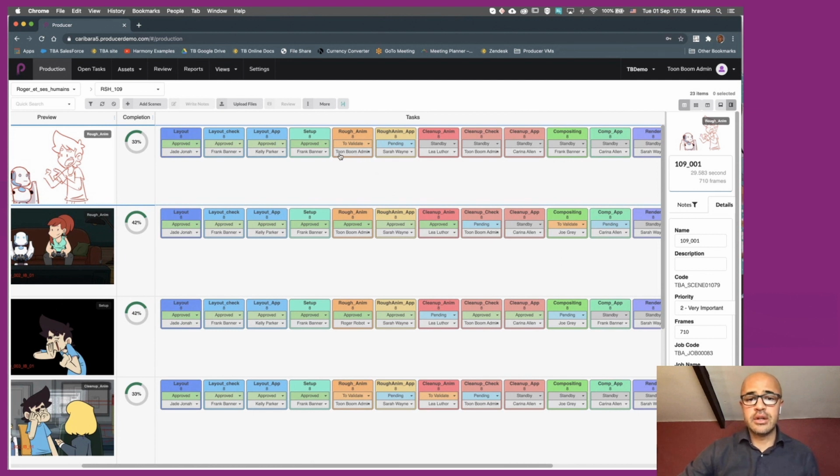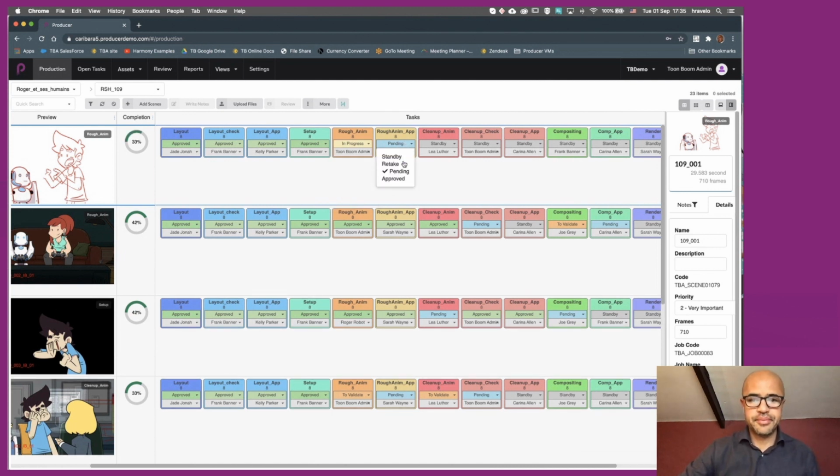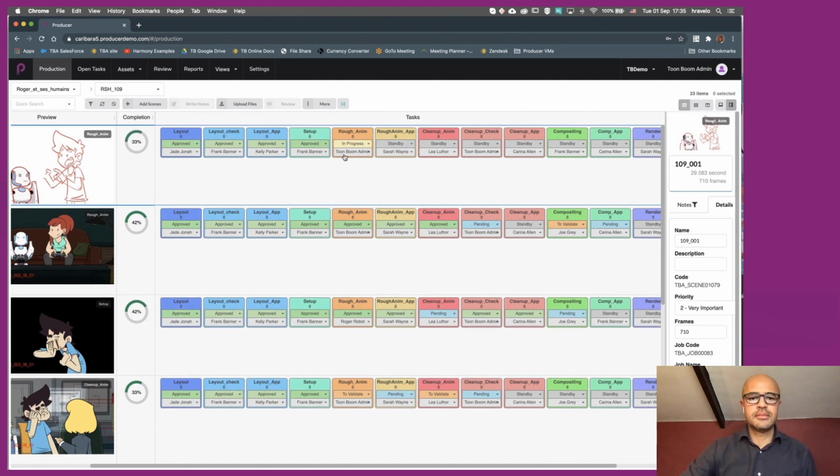And I'm currently logged in as Toon Boom admin. So I'm going to put this one under in progress. And when I'm finished with this current scene, I'm going to put it to validate.